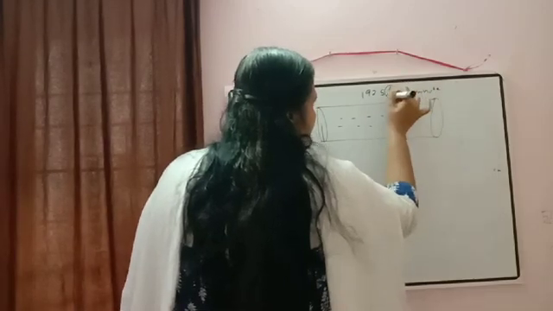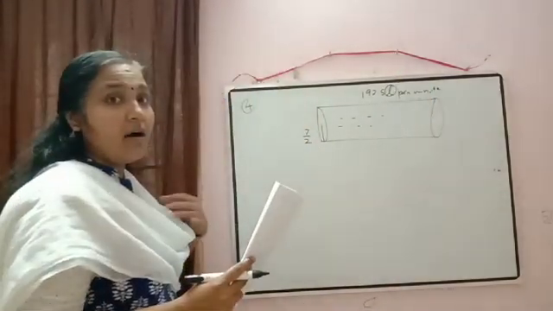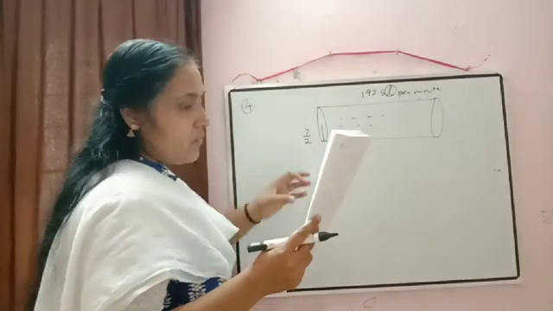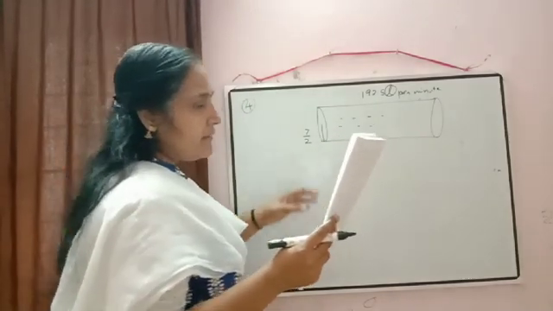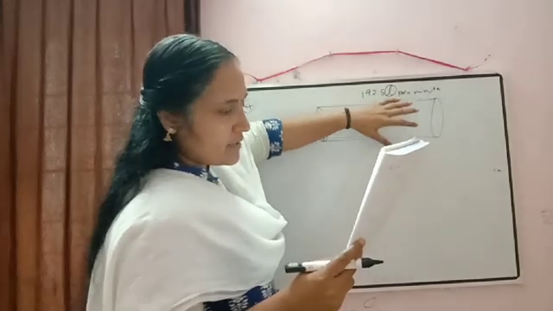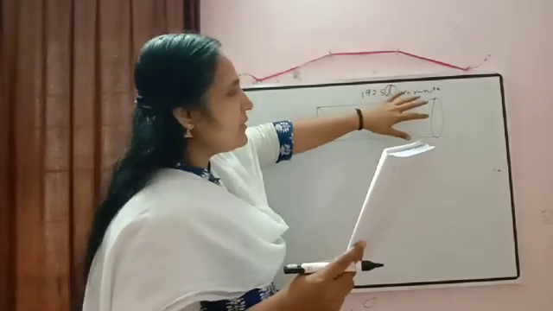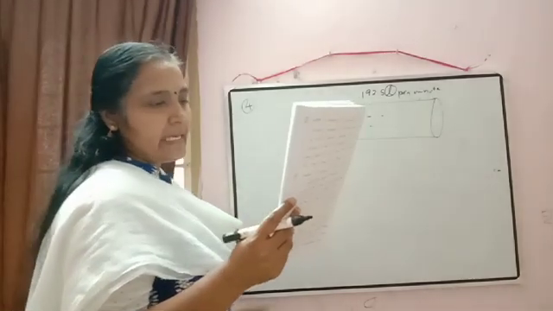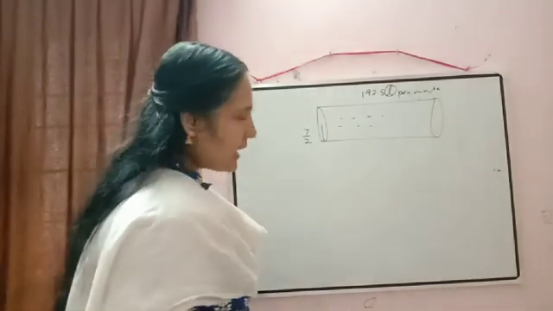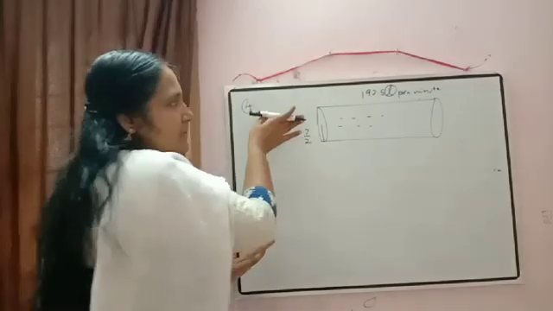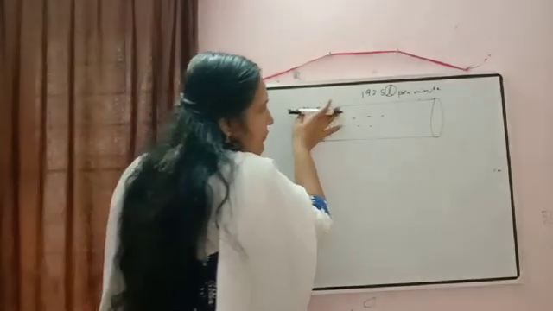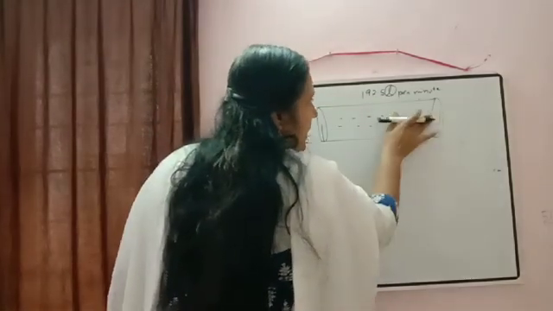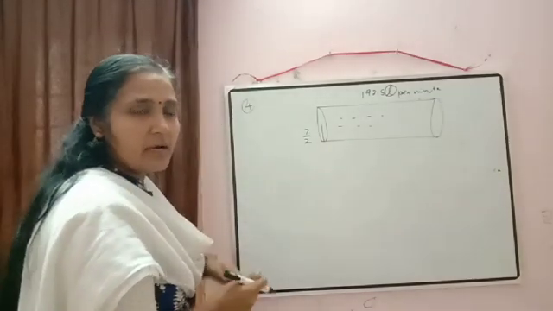So you can check here, this liter is the unit of volume. So in 1 minute, whatever water will be there, that is 192.5 liter. Find the rate of flow in kilometer per hour. Rate of flow means how much water will flow through the pipe in 1 hour. That we have to calculate there.